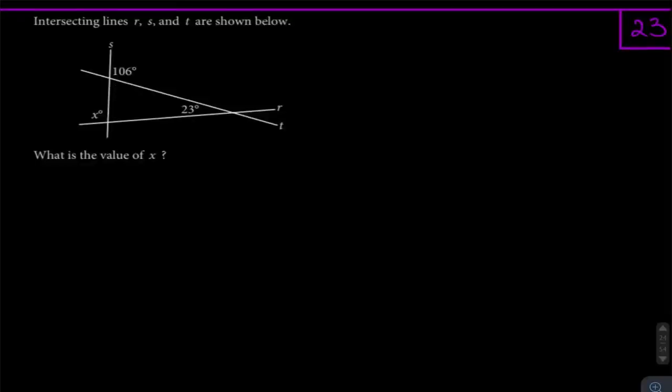So we can do that by realizing that we have supplementary angles here, right? We have a line here being intersected by another line, and the angle here is 106, and so we know the angle here is going to be 180 minus that. So we'll call this angle W, and 180 minus 106 is going to equal W. And so W there would equal 74. Okay? So since W is 74,